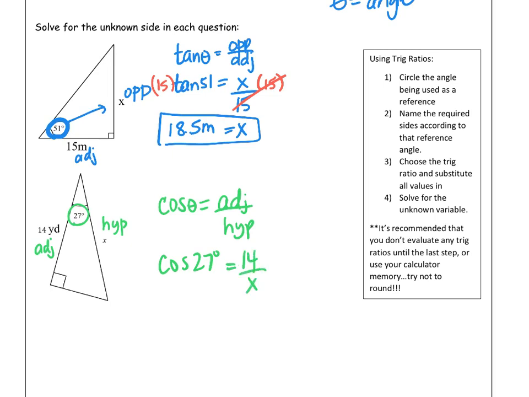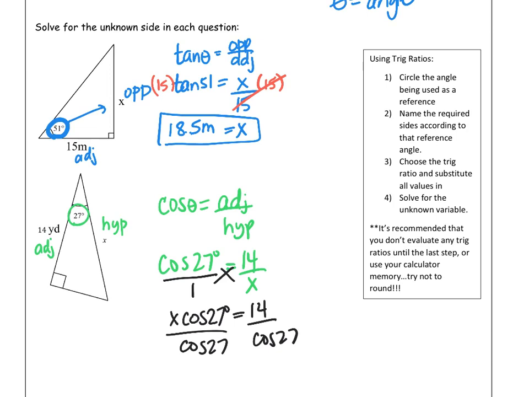This one's a little bit trickier to solve for because the x is in the bottom of a fraction, so you need to get it up top before you can solve for it. If you want, you could think of this as being over 1, and then we could cross multiply. When I do that, I get x times cos of 27 equals 14, and then I divide by cos of 27 on both sides. So 14 divided by cos of 27 gives me 15.7